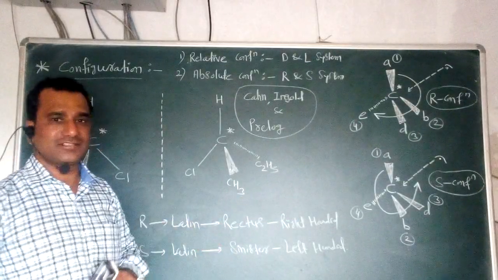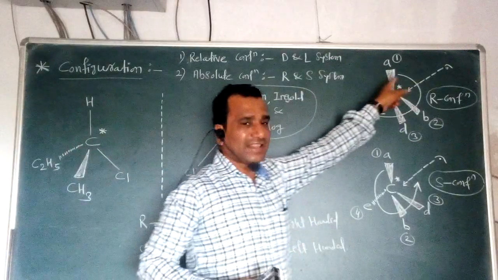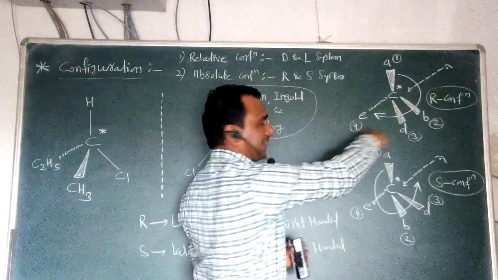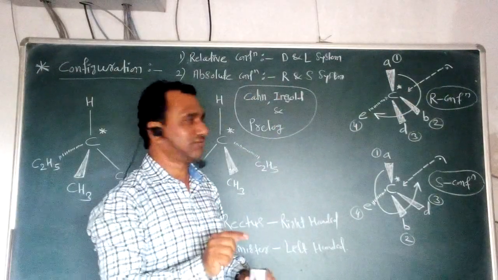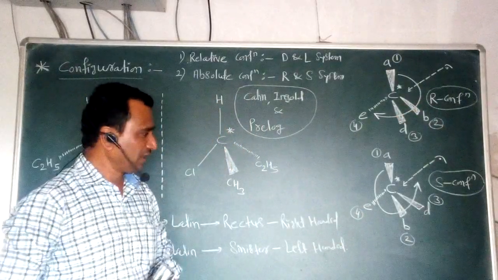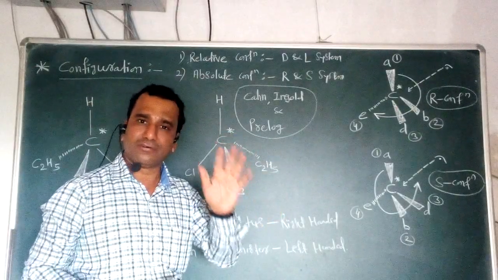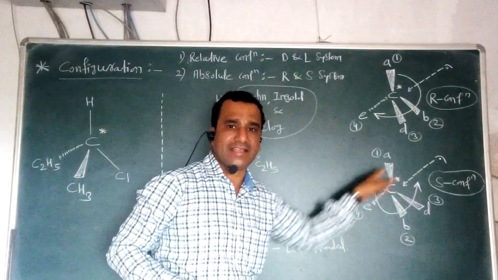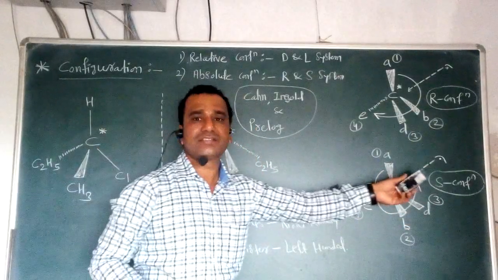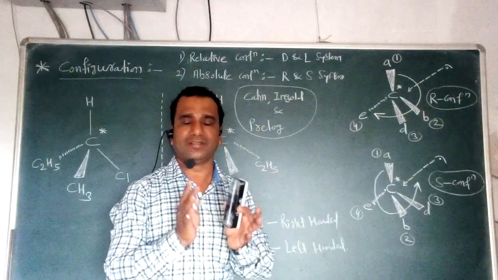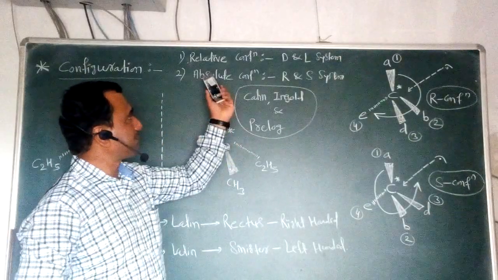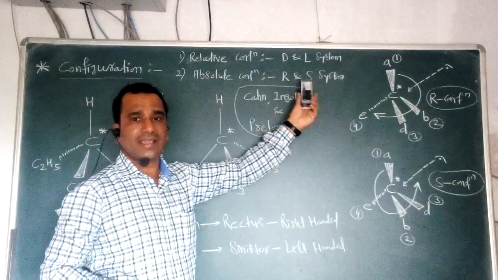As far as R is concerned, it is called right-handed. And what is meant by right-handed? We go from the first priority group towards the fourth priority group in a right-hand side or clockwise direction. That's why we can say that this is an R configuration. While in the case of the second isomer, if we go from the first priority group towards the fourth priority group, we go from the left-hand side, or anti-clockwise direction, and that's why that configuration is called the S configuration. So this is a very simple system for assigning the absolute configuration, that is nothing but the R and S system.